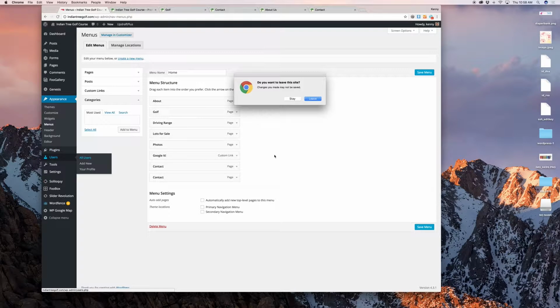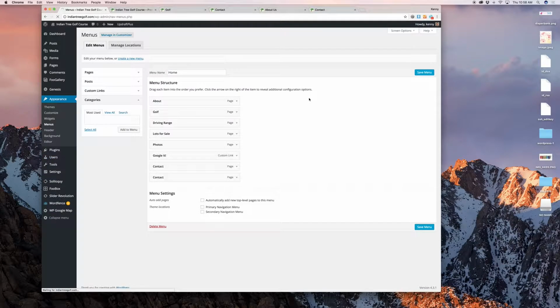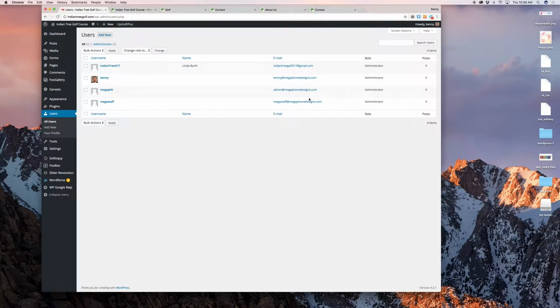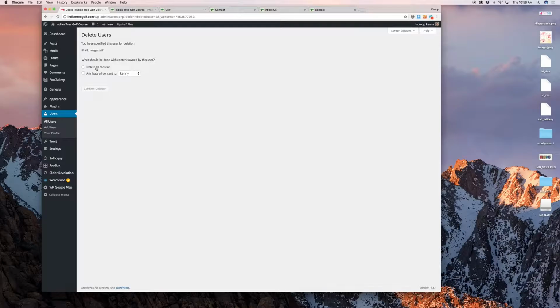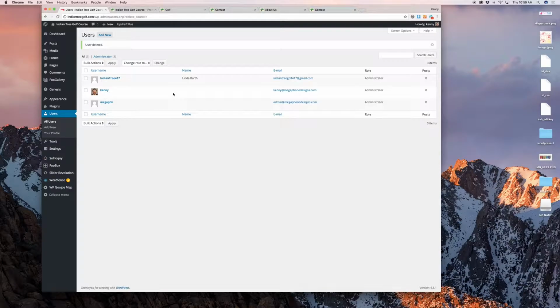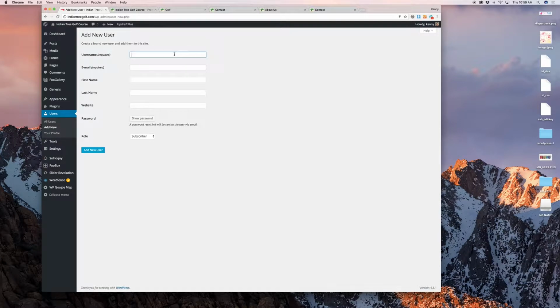We have users here. I'm going to leave this and not save it. And under users, we have Indian Tree 417, me, and MegaF6, and we don't really need that, so we will get rid of that user there. If you want to add a new user though, then you go up here, click Add New, enter in the username,